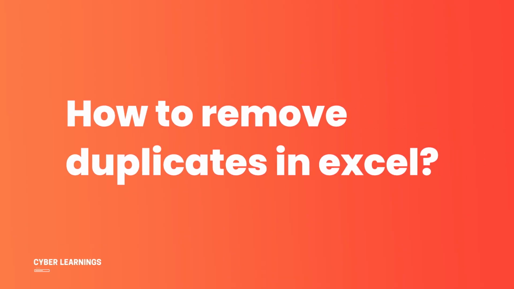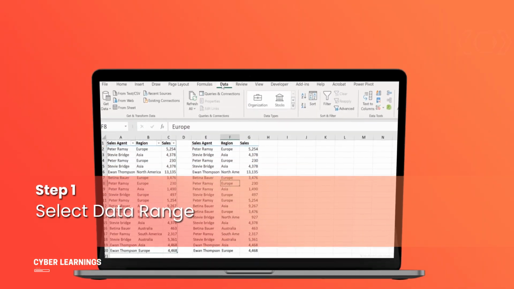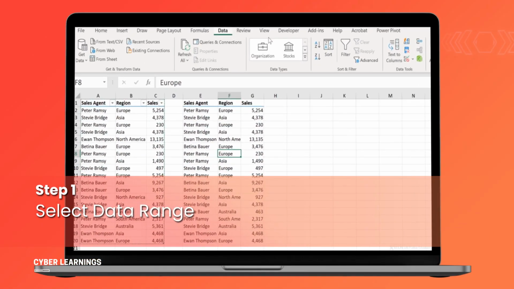Today, we'll show you how to remove duplicates in Excel. Step 1. Select Data Range. Open your Excel spreadsheet and select the range of cells that contain the data from which you want to remove